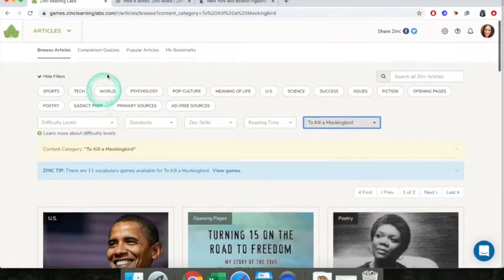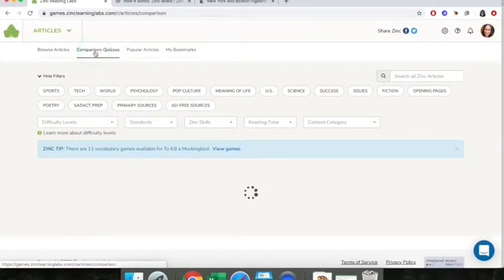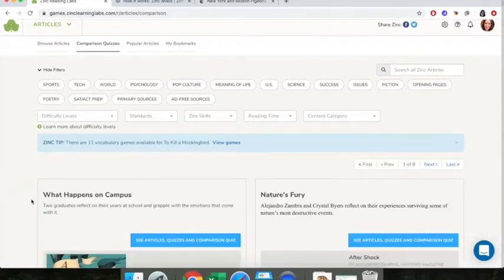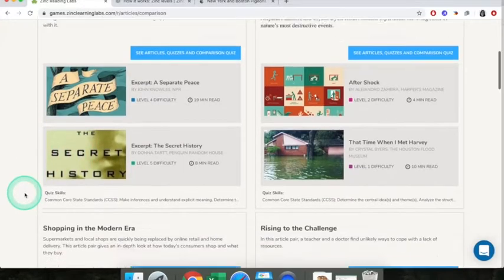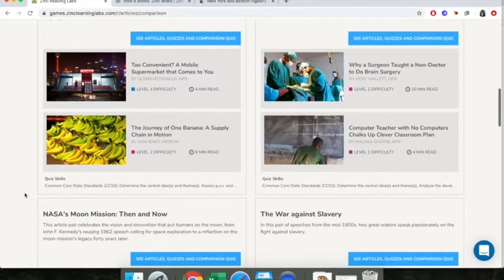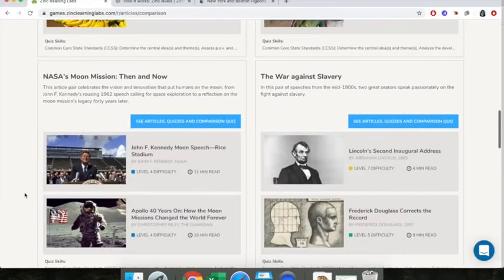I also want to point out that we have comparison quizzes. These are really cool. They allow you to assign these existing pairs. Sometimes there are 2, sometimes we've found 3, of articles that are just thematically interesting to read in pairs. And what will happen is students will read